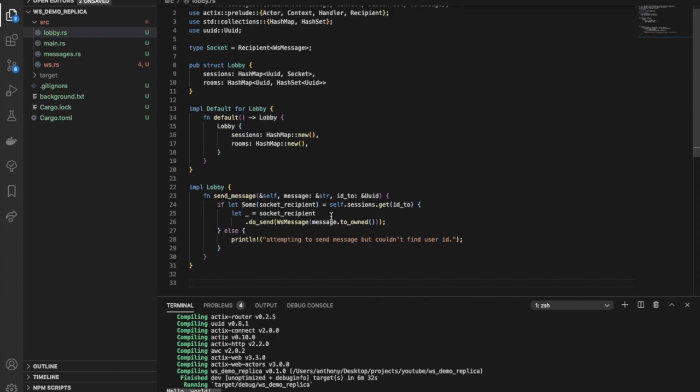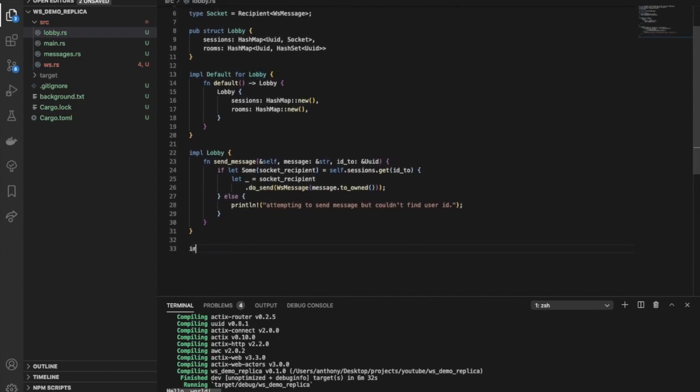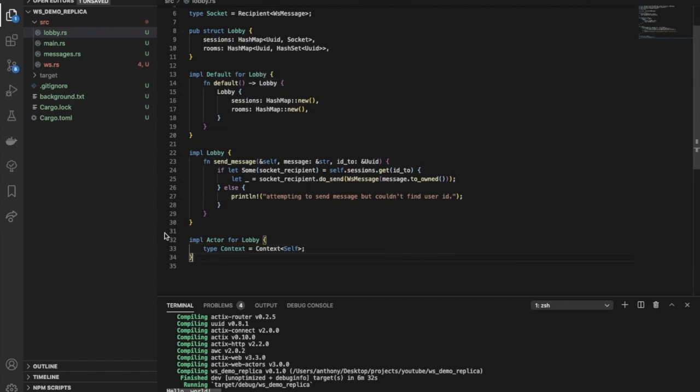Now we have to make this lobby an actor. So we implement the Actor trait for the lobby, and we need to define that type Context, which we will just do a generic Context because we don't have any special functions. This is just a basic actor. And that is actually it. This is the only code we need to make this an actor